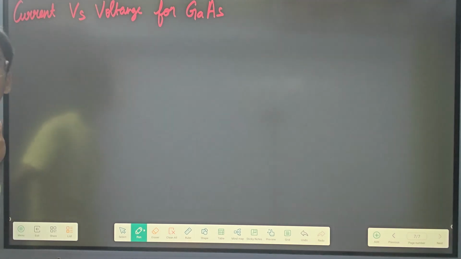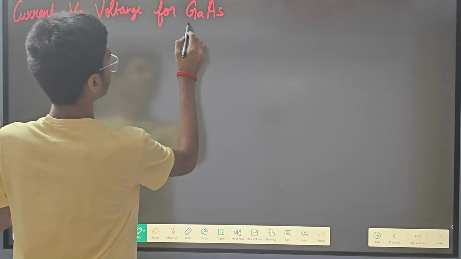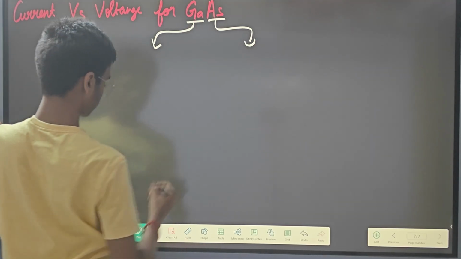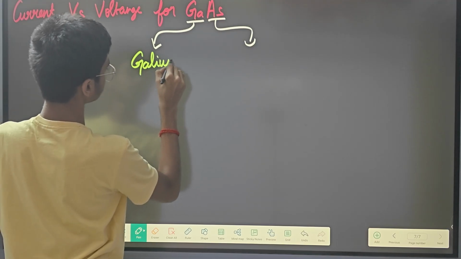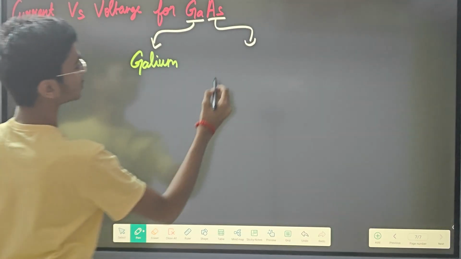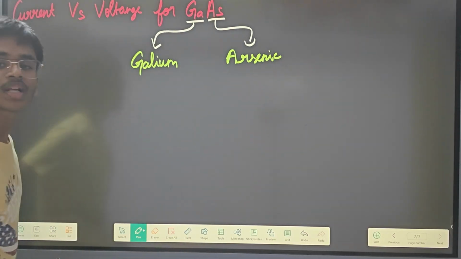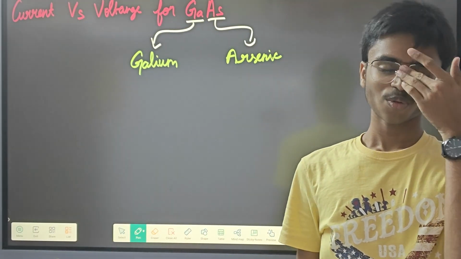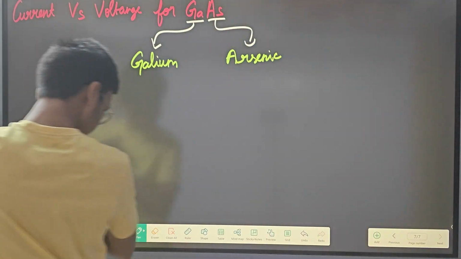What does it mean? GaAs means gallium and arsenic. Oh my goodness, my eye is burning. Okay, next is